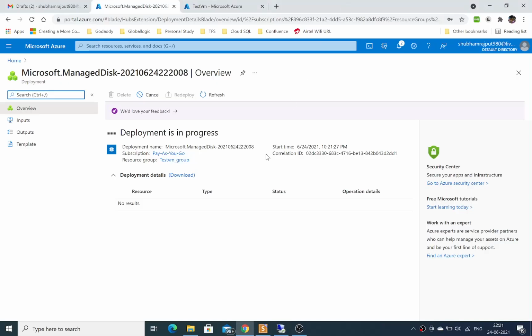At the time when we took this snapshot, all data was copied over here. It will take some time, until then we can come on to the next step.